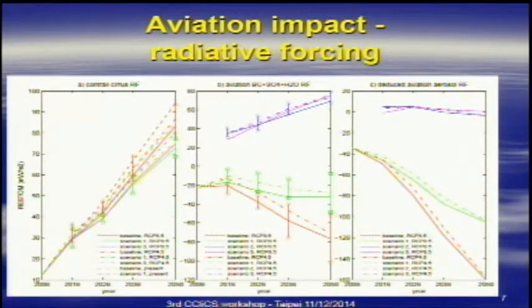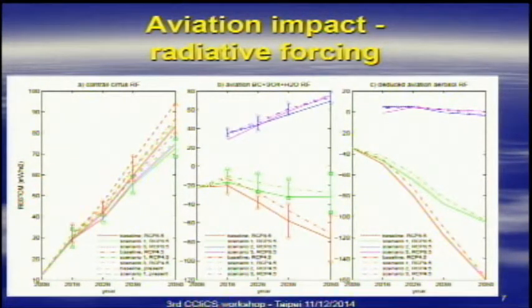I'll point out the three red lines. The top one is the dashed red line, based on the future aviation water emission on top of current present-day meteorology. So you get the highest radiative forcing. If you use RCP 8.5 meteorology, that's the dash-dotted red line. It's a bit lower. The solid red line is based on the background meteorology from RCP 8.5. And again, the reason is that the background meteorology is the warmest based on RCP 8.5.